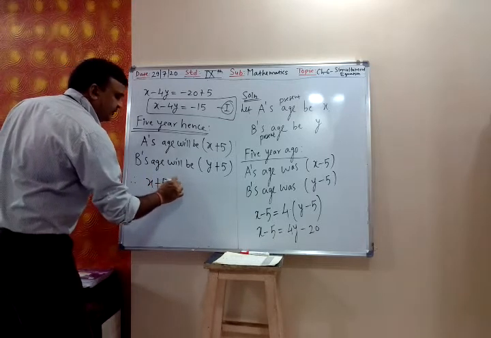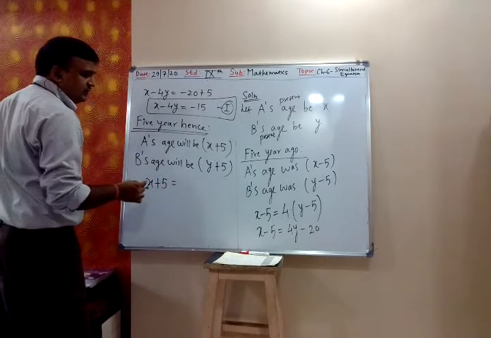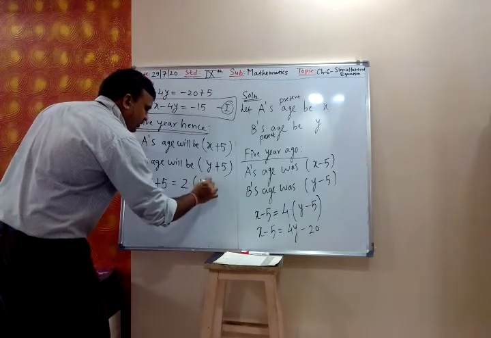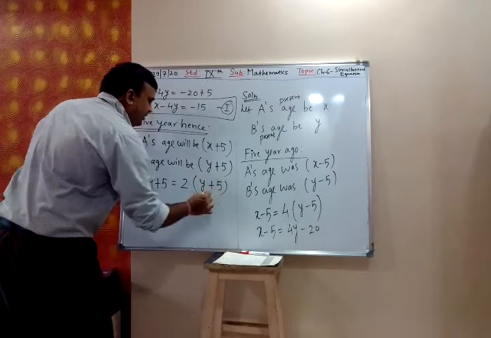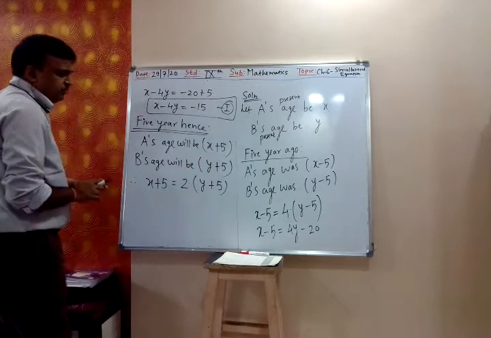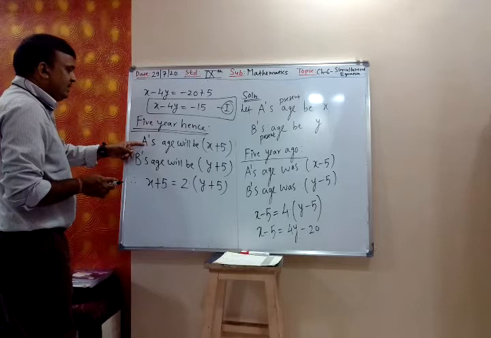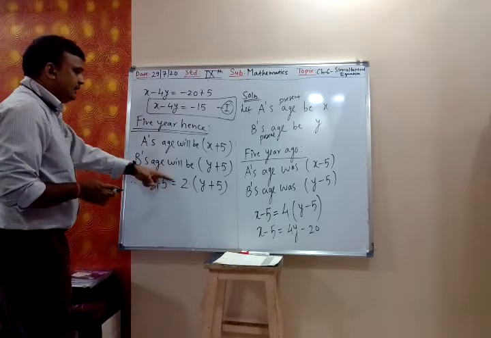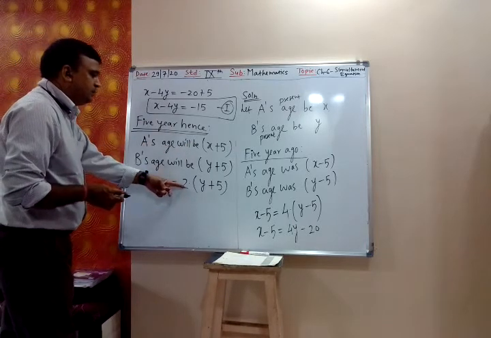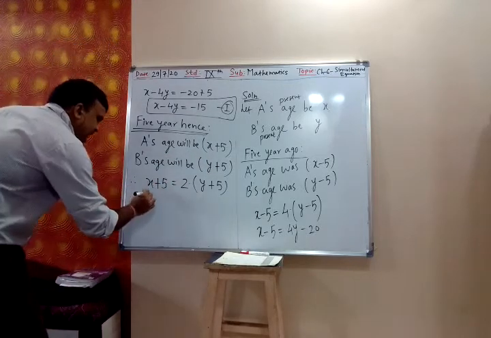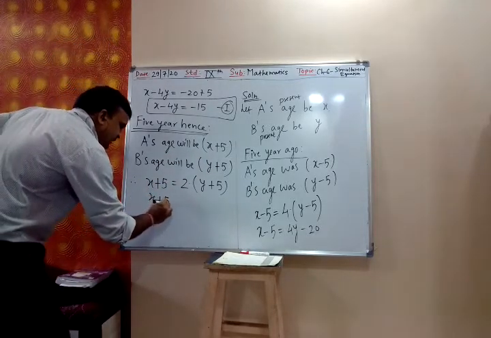A's age is twice the age of B. Age of B is y plus 5, no? Twice the age of B. 5 years hence A's age is x plus 5. That is twice, twice means 2 times the age of B, y plus 5. Now we simplify. x plus 5 is equal to,